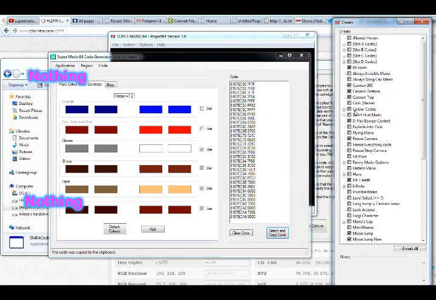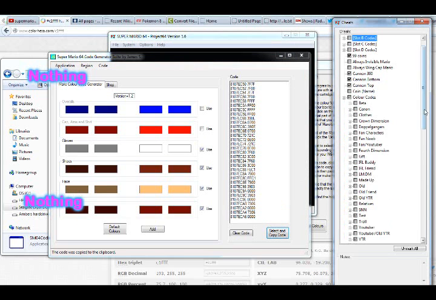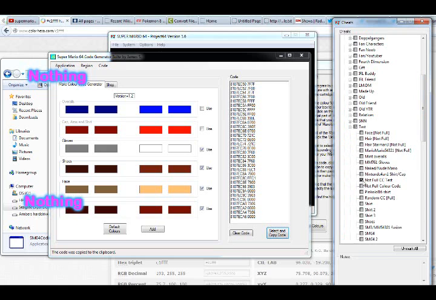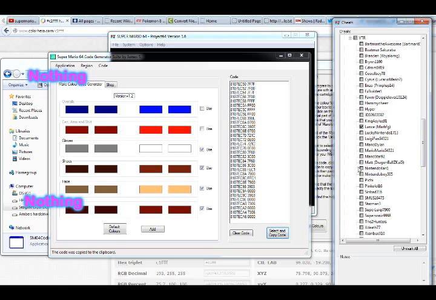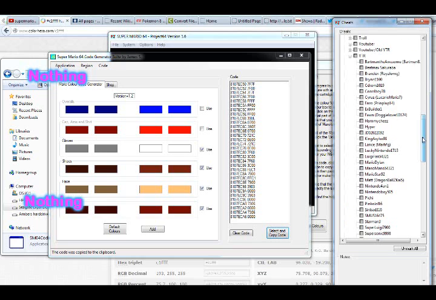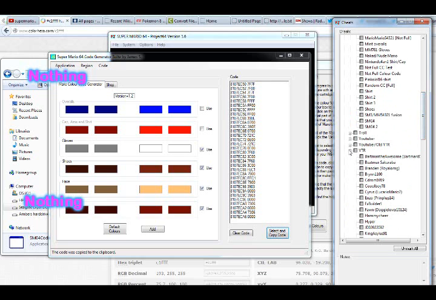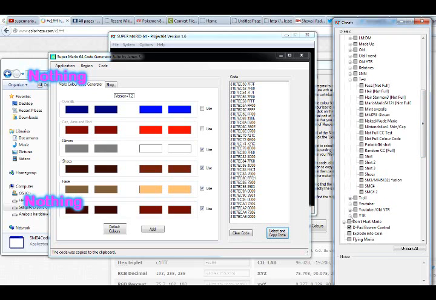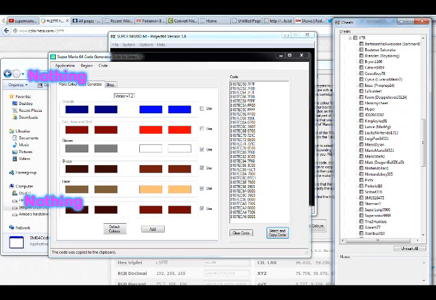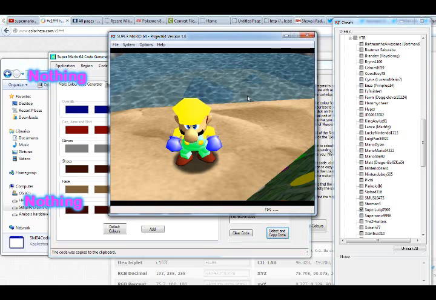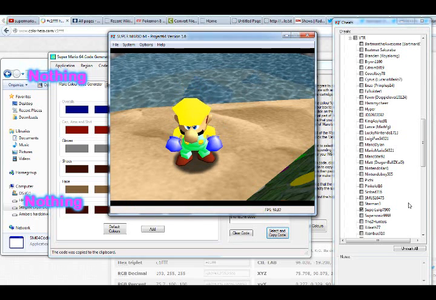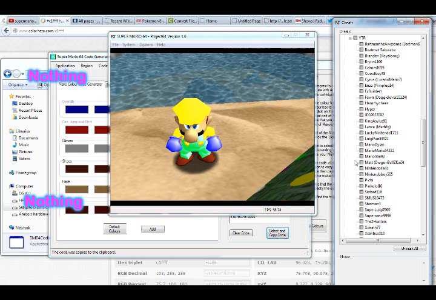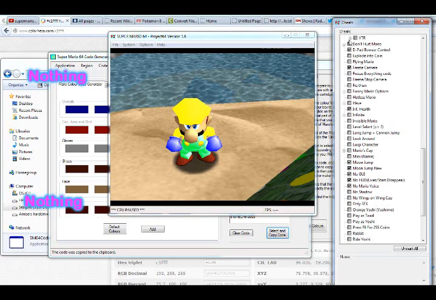Project 64, I kind of want you to load. There you are. In test, there is a not full CC test. I think I also have a YTR color code highlighted too. Okay, it's off. Good. Now, if I take a different color code, I'm gonna pick Super Luigi. As you can see, it's Super Luigi. Hooray! And then if I change it to the not full CC test,